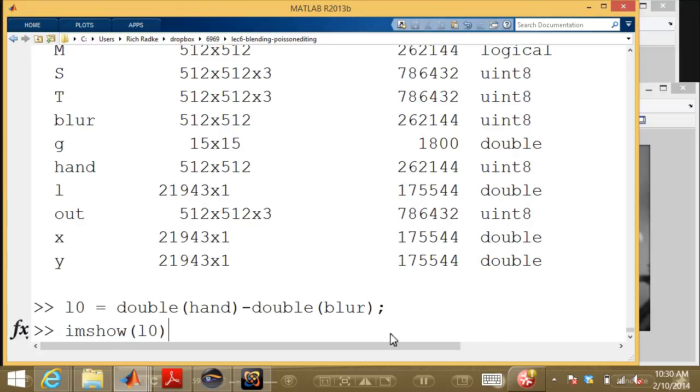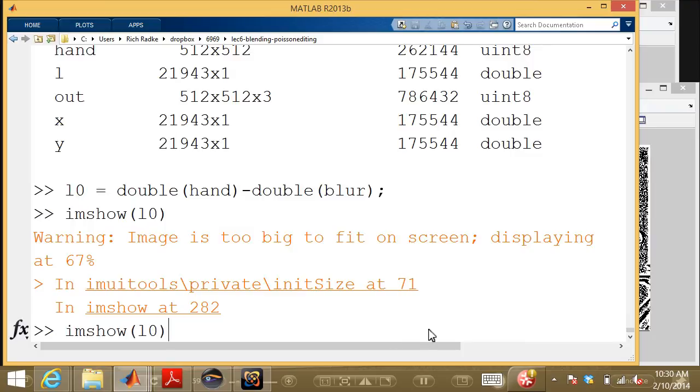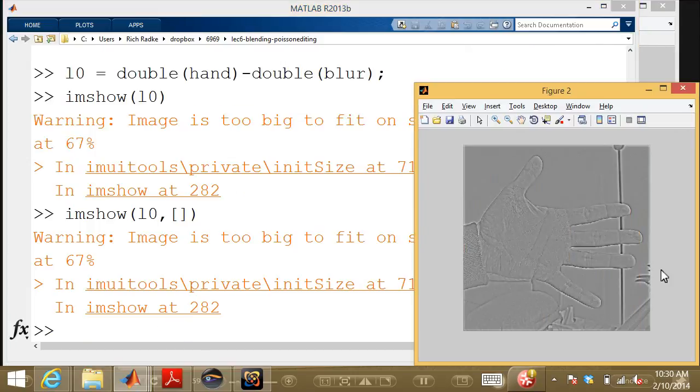When I do that, what I get is an image that looks like just the edges of my hand, right? And so you can see that in regions like the wall, where it was all low frequency stuff, there was no real variation on the wall. That means that the difference between the original version and the blurred version is basically 0, which is represented by this gray. In places where there's a strong edge, like the edges of my fingers, the edges of this lamp,